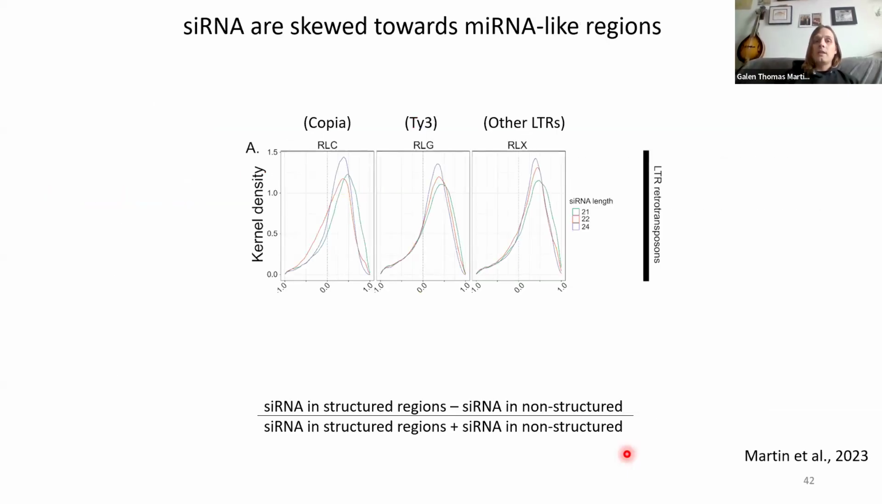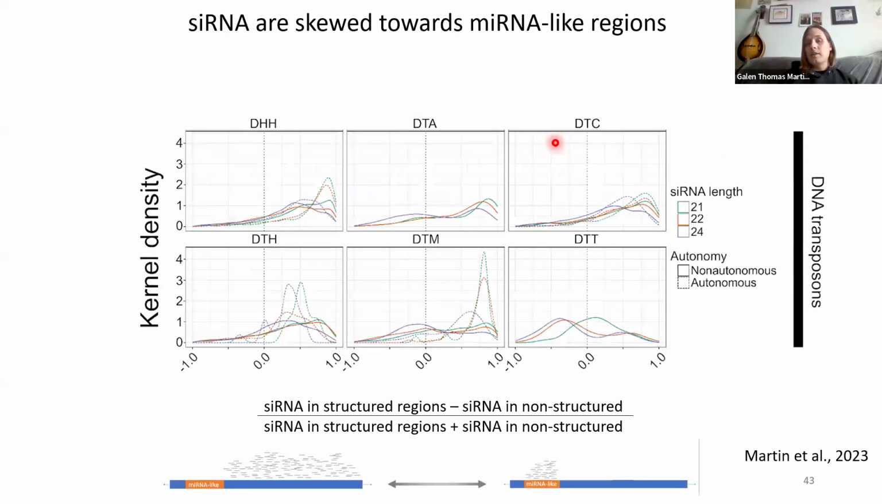And we can look at this again in these copia elements, and what we find is that, in all terms, all of the different lengths of small RNAs tend to be more abundant in these structured regions than in the other regions of the elements. We find that it's the same for copia, for these Ti3 elements and other unidentified LTRs. We also find that this is true for most types of DNA transposons as well,